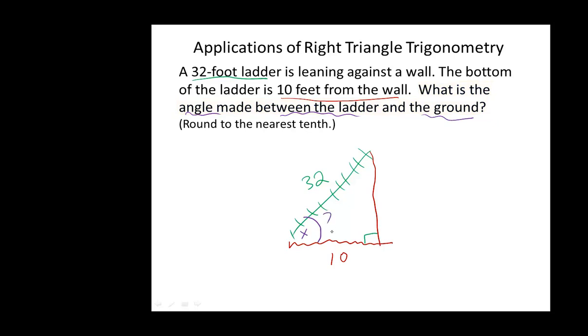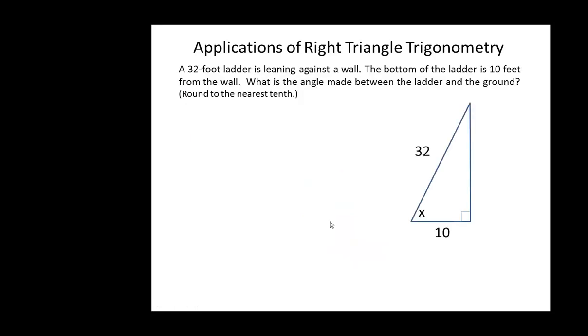So this is my x. We're looking for this angle right here. Again, I'm going to distill that to a straightforward right triangle, and then we'll see how we're going to solve it. There's the x that we're looking for. Well, let's look at what we have here. We have the length of the side adjacent to the angle in question. We have the hypotenuse, so I'm thinking about the trig function that relates the adjacent and the hypotenuse,